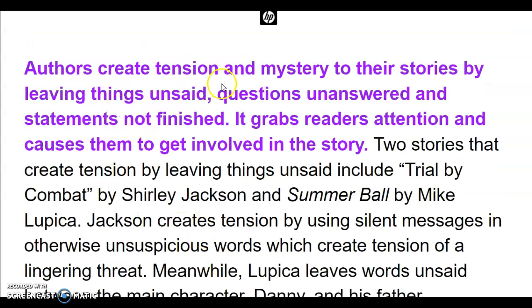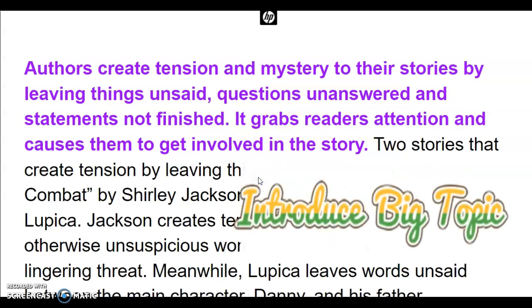Authors create tension and mystery in their stories by leaving things unsaid, questions unanswered, and statements not finished. It grabs readers' attention and causes them to get involved in the story. That is introducing the big topic, letting the reader know, here's what the whole thing is going to be about. And it's about,